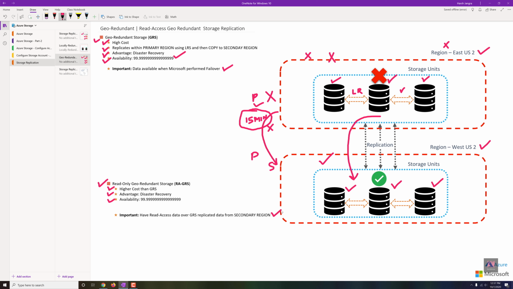Once they introduce that, I will share with you in upcoming videos and try to share with you more information. But now let's move forward and try to see where we can find these storage replication types during the creation of a storage account. I will also show you what exactly the cost is, if you'd like to analyze the cost, where you have to go, and from where you can find more information on the cost or the pricing of